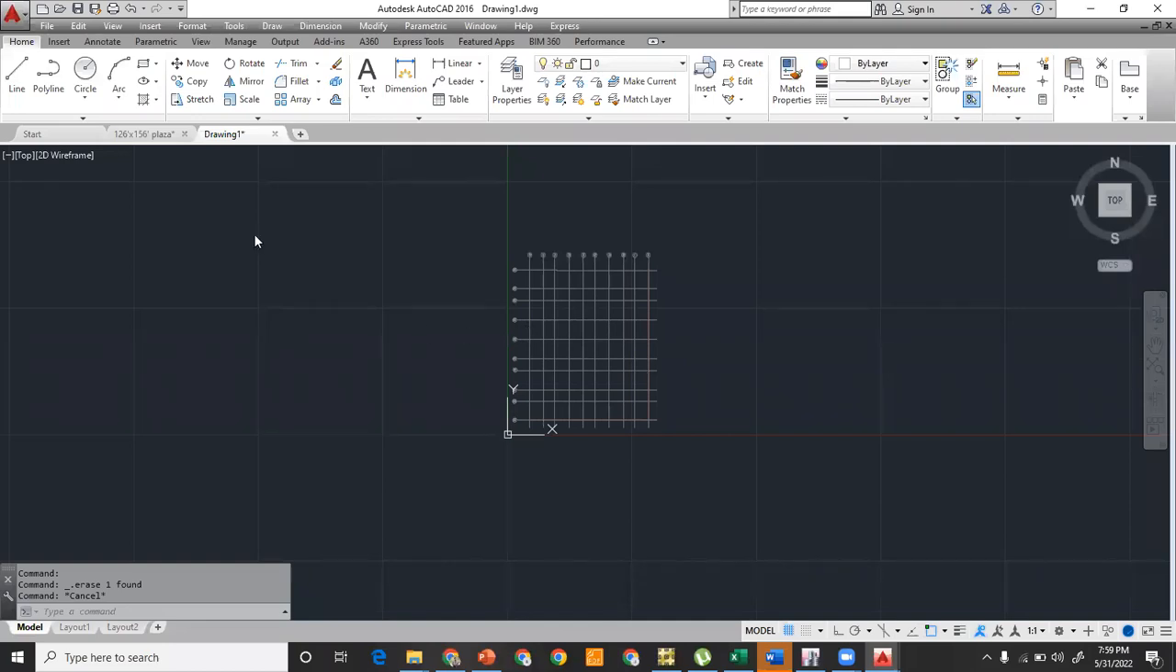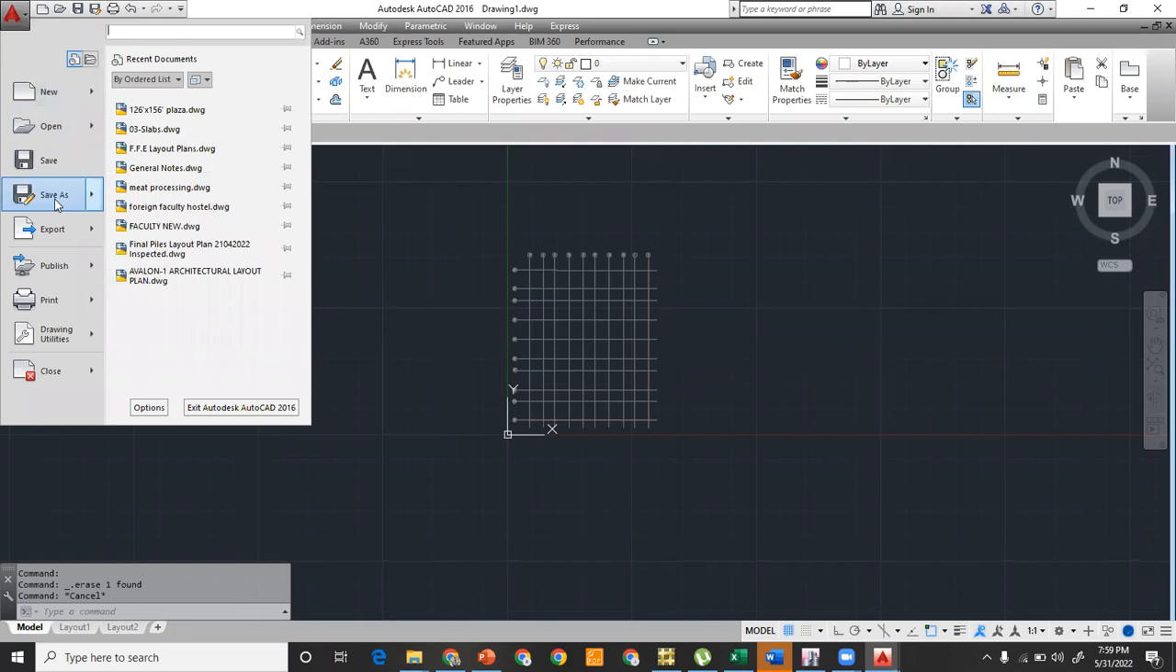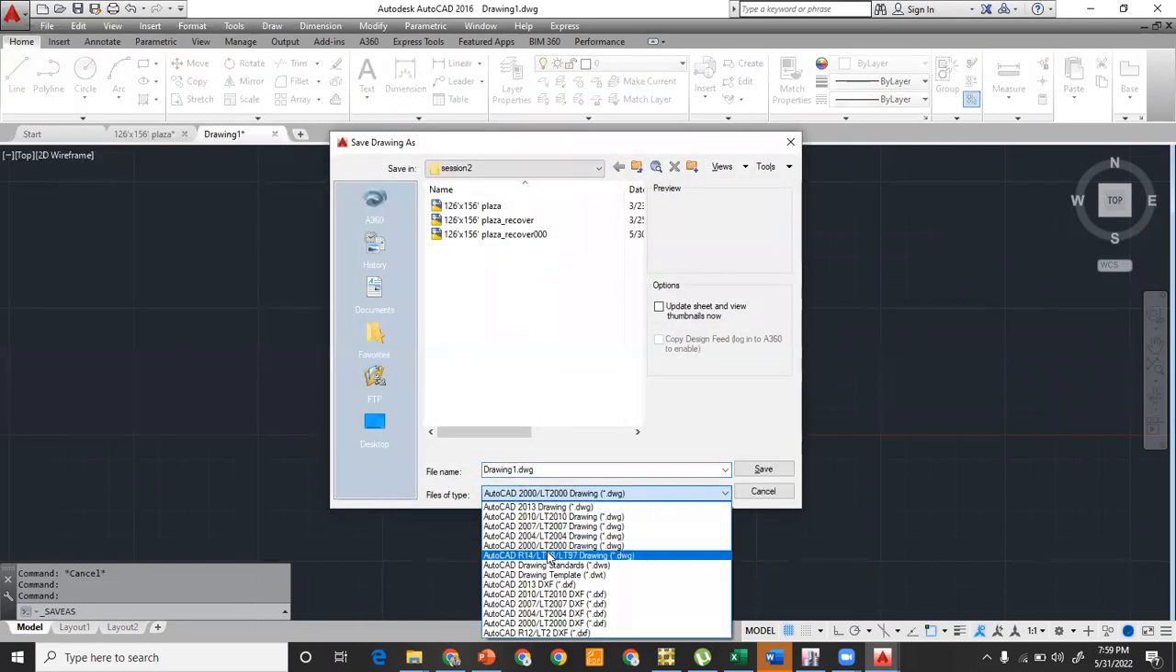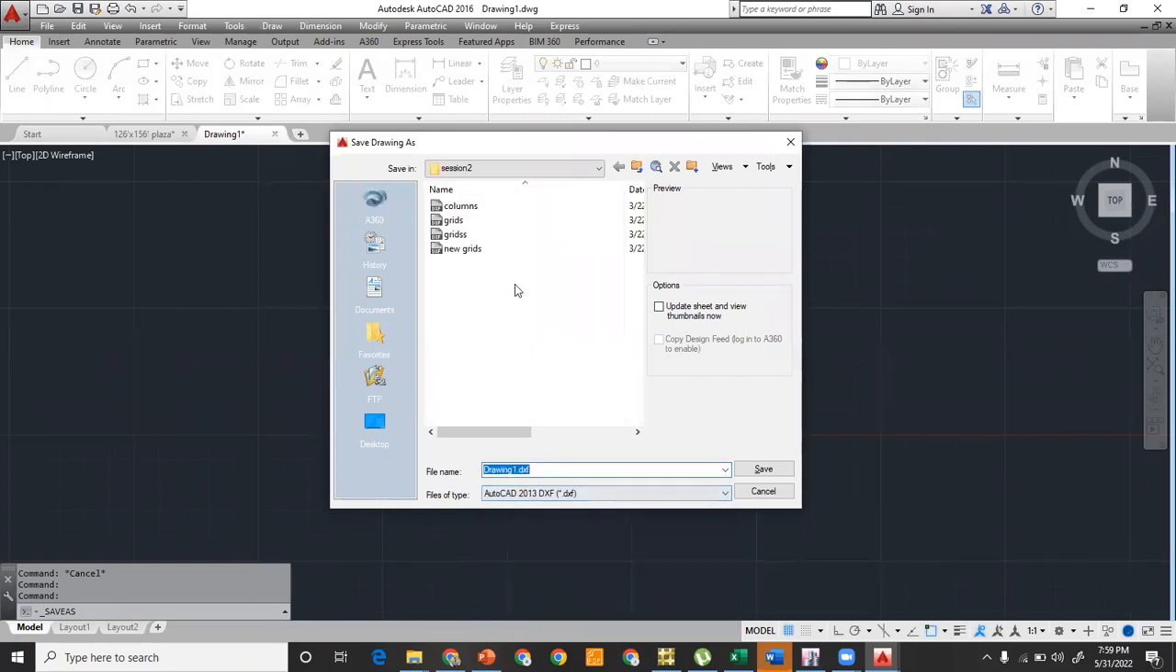So you have the grids for the importation into the Etab. So the next is that you have to save this file as a DXF file. Click on this icon and click on the save as. Select the DXF file, AutoCAD 2013, and name it as grid line for column